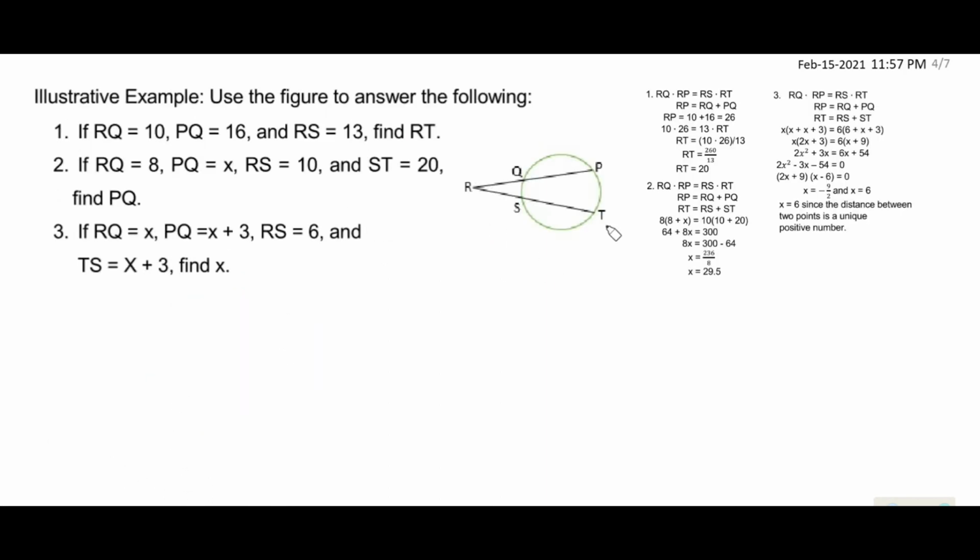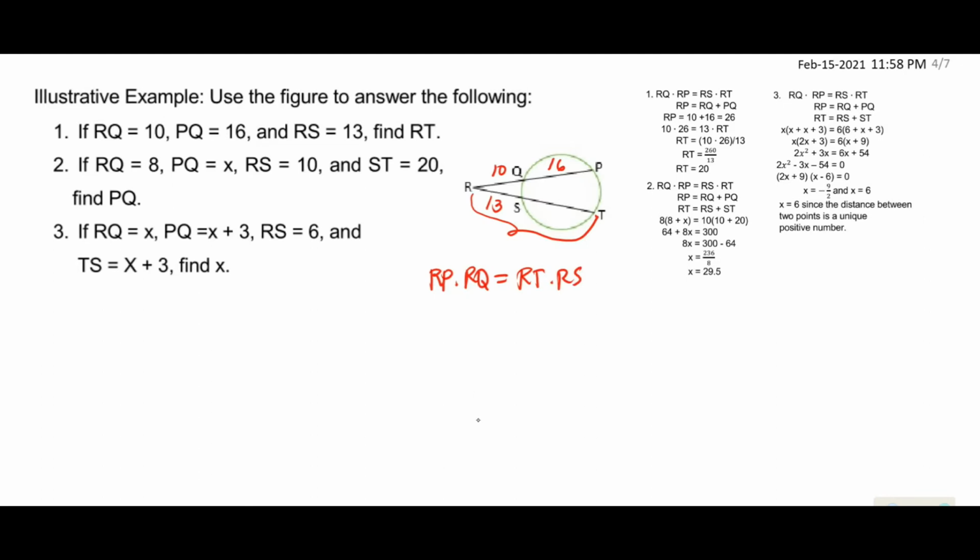Ayan. Ito na yung pinaka-solution. So, kuhanin na lang natin to kung paano natin gagawin. Number 1, if RQ is 10, so this is RQ. RQ is 10 and PQ is 16. RS is 13. So, wala tayong value ng RT. We want to find the value of RT. So, ano ba sabi? Para hindi kayo malito, sulat nyo na lang agad. RP times RQ is equal to isang buo times ito. Then, RT